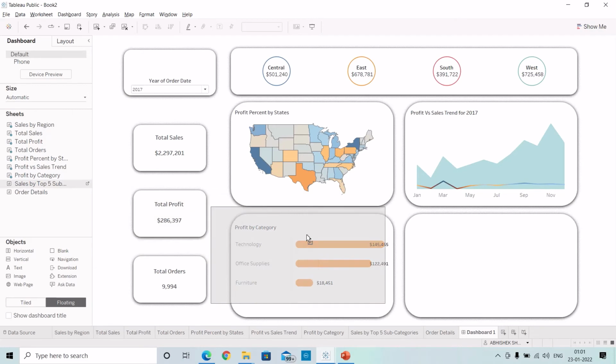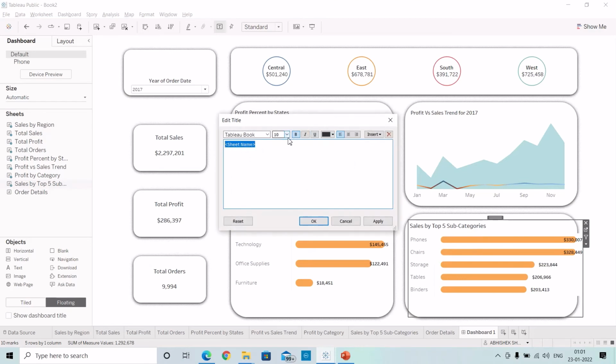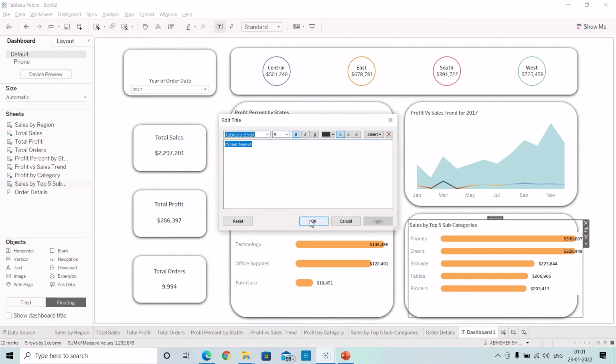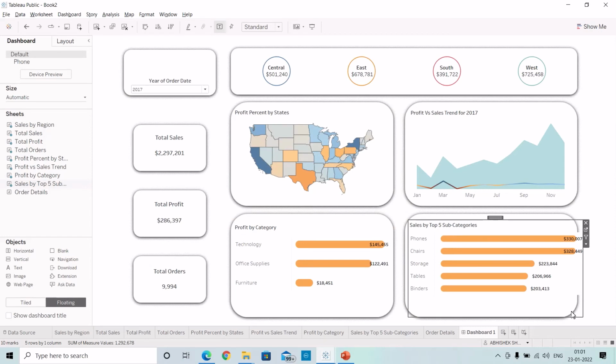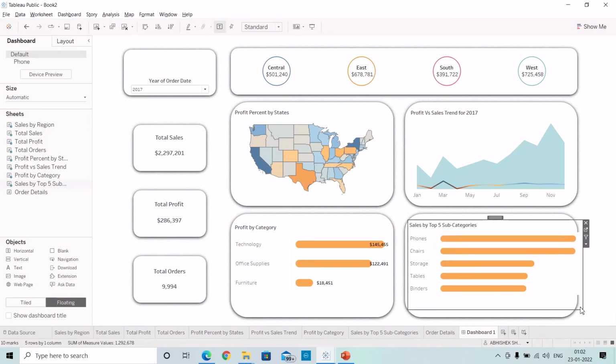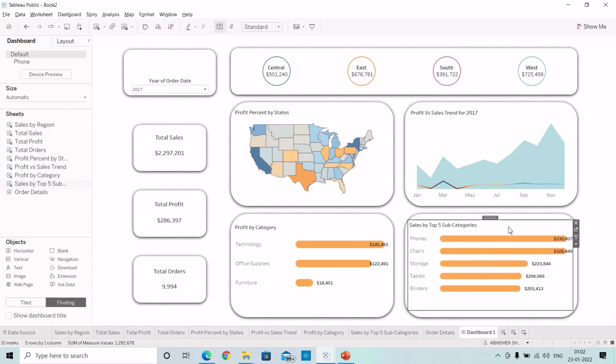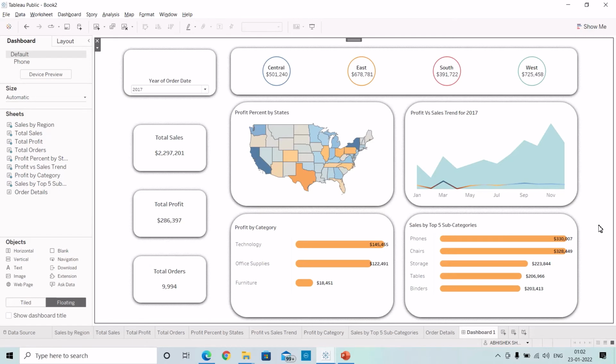Same way, sales by top 5 subcategories, edit title, make it 9, apply, OK, and make it a little bit smaller, reduce the size from here also. Okay, top 5 subcategories, top 5 categories,